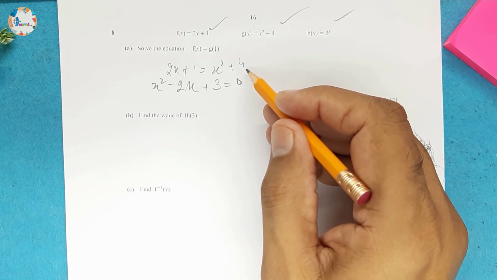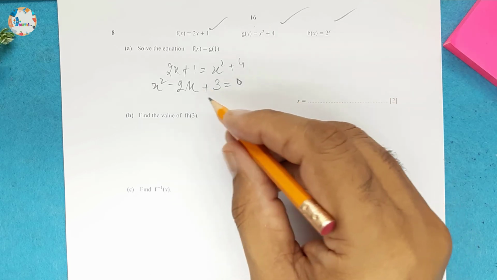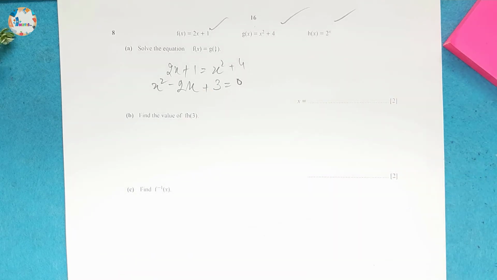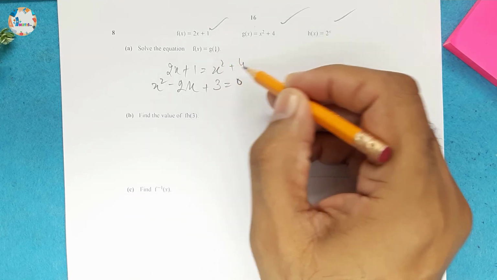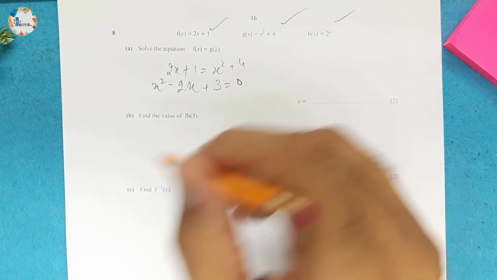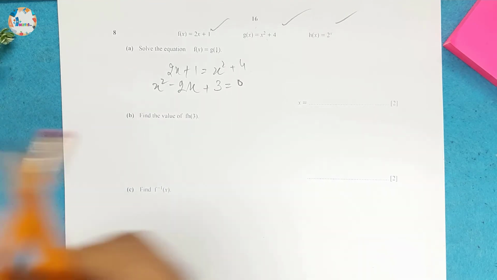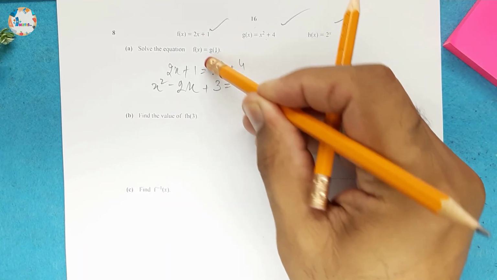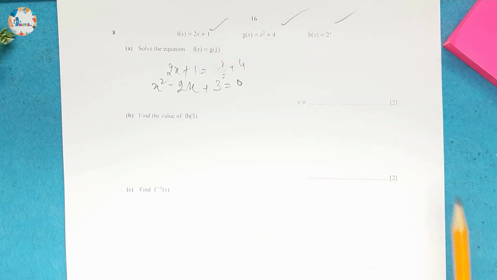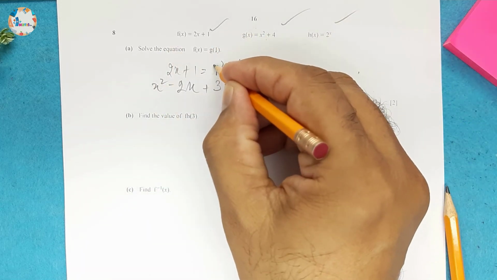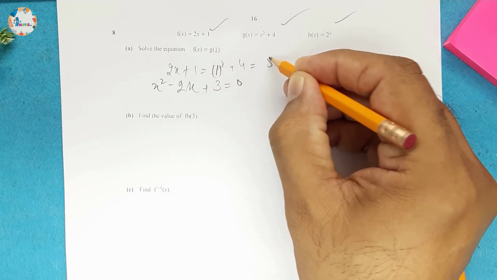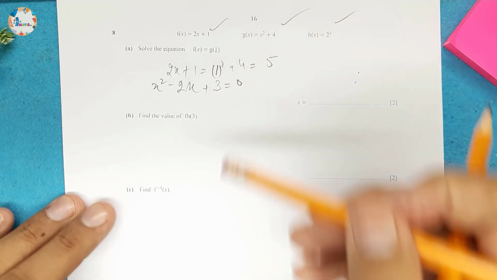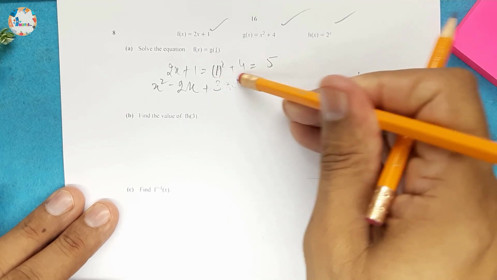So we can take factors like, for example, basically we made a mistake. This is g of 1, not g of x. So g of 1 will be replacing x by 1. So if we replace x by 1 over here, we'll get 1 squared plus 4, which is equal to 5. Now we will get this equation, which is